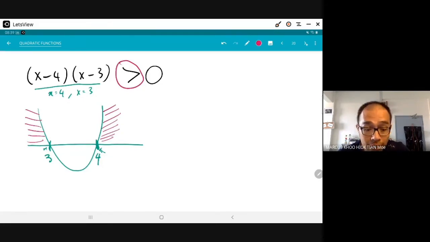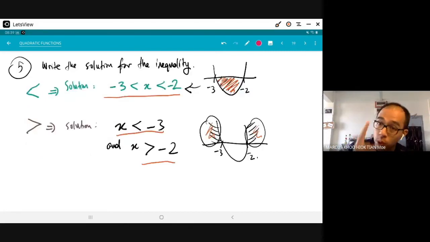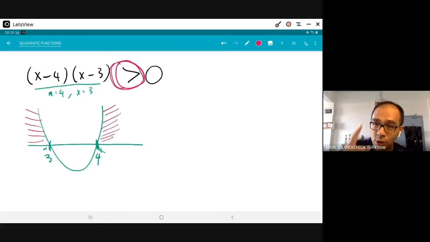Okay, so ini sign ni yang akan memberitahu kamu di mana yang kamu harus lorek. So, because there are dua tempat yang berlainan yang kamu lorek di tepi-tepi ini, you akan ada dua bentuk jawapan. Okay, walaupun jawapannya satu lah, tapi dia adalah dua bahagian. So, tell me what the answer is. This bahagian will be